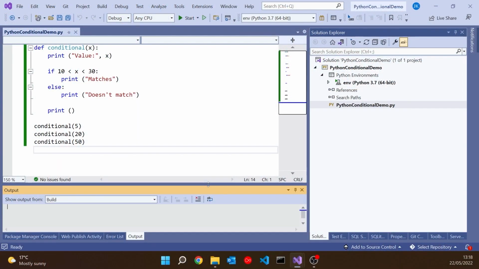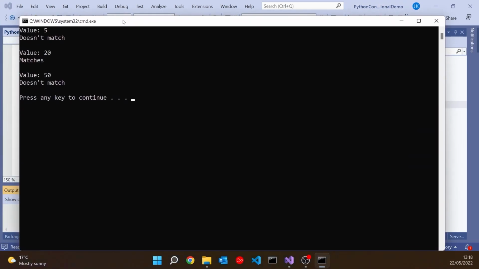So if we take a look, say, at some Python, so here is that equivalent program in Python, and there we've got the same thing, asking if x is in the range 10 to 30, and then we're calling this function with 3 possible values of x, so 5 should be too low, 20 should be just right, and 50 should be too high. And if I run that up and just drag over the window, there we can see 5 doesn't match, 20 does match, and 50 doesn't match. So that works well in Python, which is possibly one of the reasons people want it in other languages.